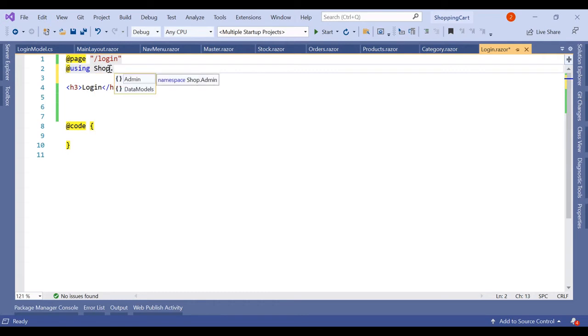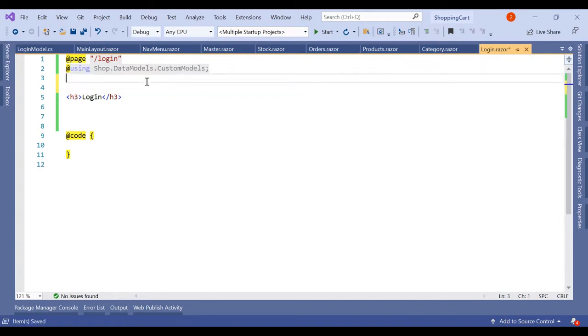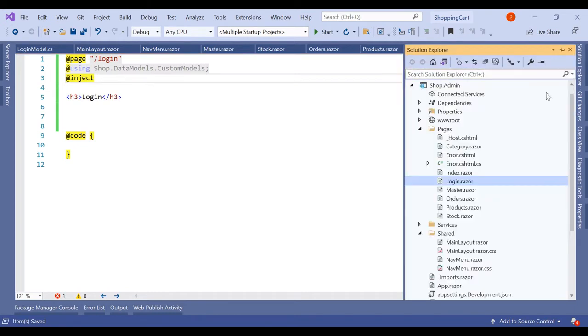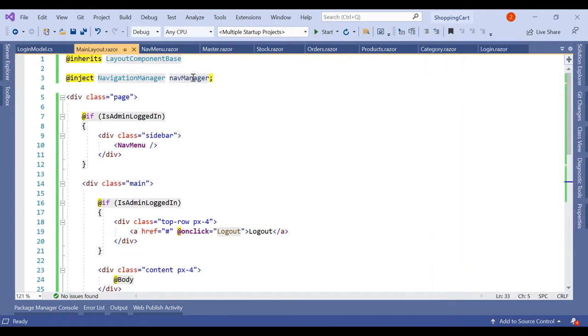The next part is we have to go on the login page and start importing this, using Shop.DataModels.CustomModels, and using we have to inject the navigation manager, same as what we did in the master layout page. This navigation manager,